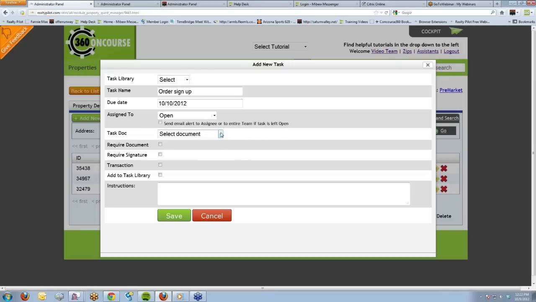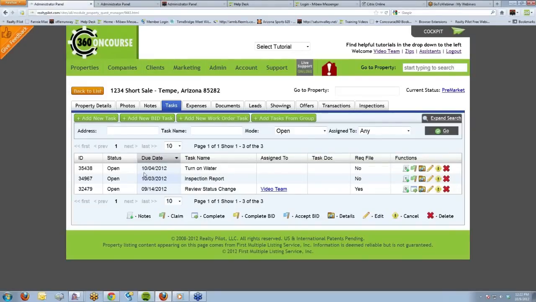If there's a required document, we can select it here. By clicking Required Document, a document has to be uploaded to complete the task. We can click here if there's a broker signature required. If we'd like to tie this to the transaction on the property, we'll click here. And if we'd like to save this particular task for use in the future, we'll click here to add it to the task library. Enter specific instructions here, and then when you click Save,